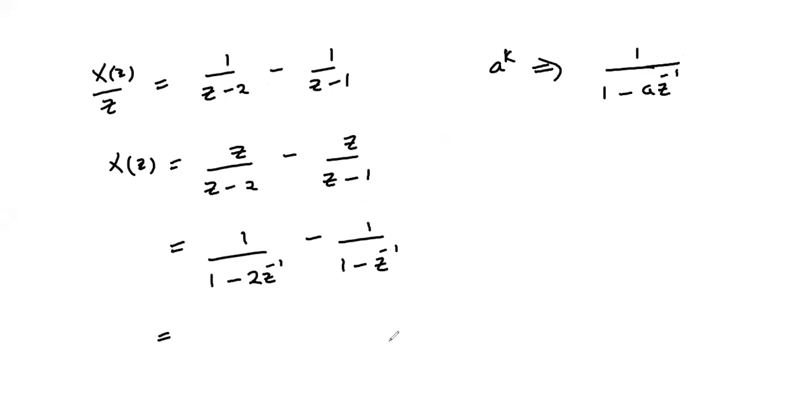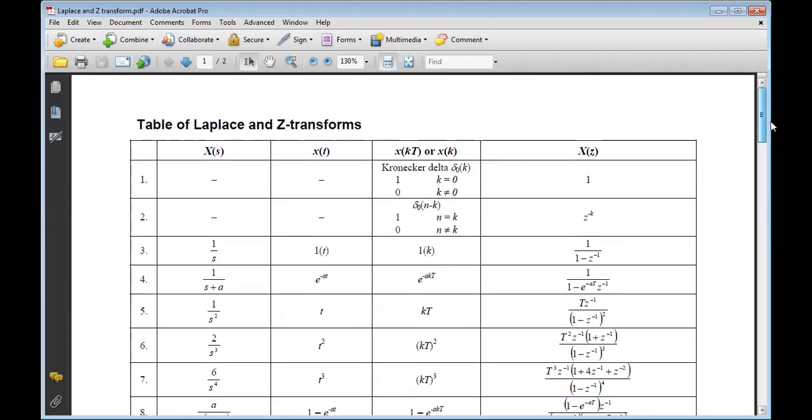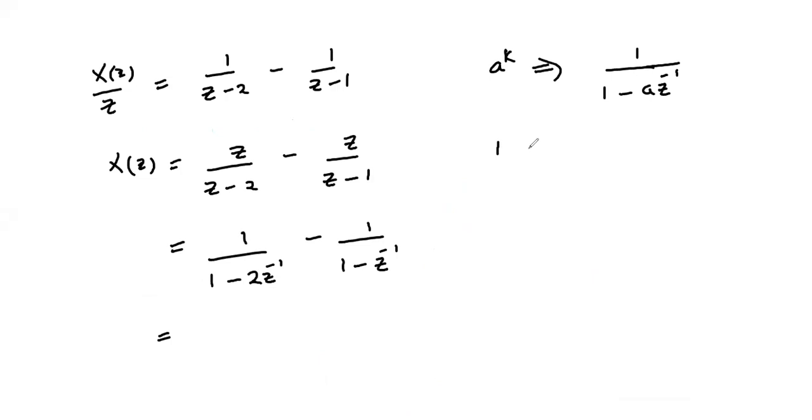And also, we look at number 3. One over 1 minus z power minus 1 corresponds to 1. So we have this as 1 of k corresponds to 1 over 1 minus z power negative 1,